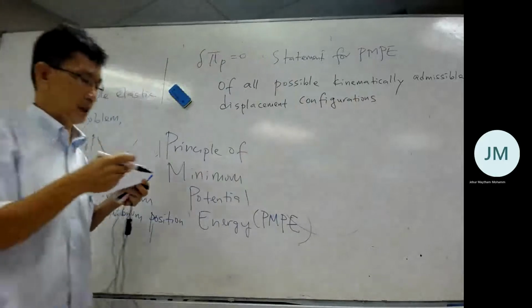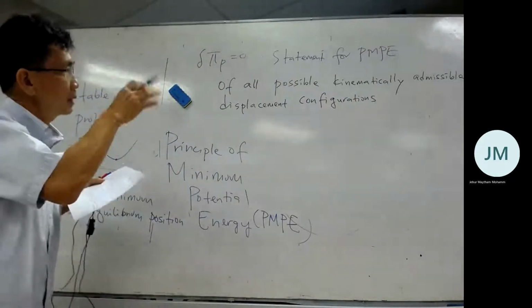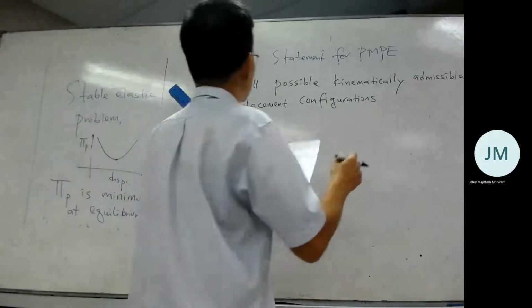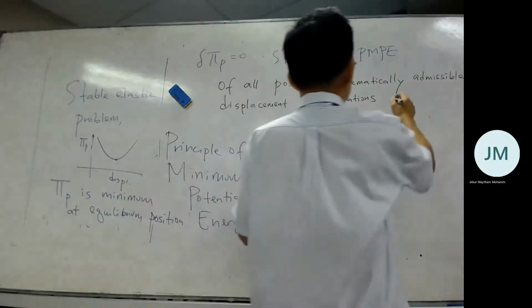Configuration we can understand as shape, displacement shape. So there are many possibilities. Of all possible kinematically admissible displacement configuration that an elastic body can take up,